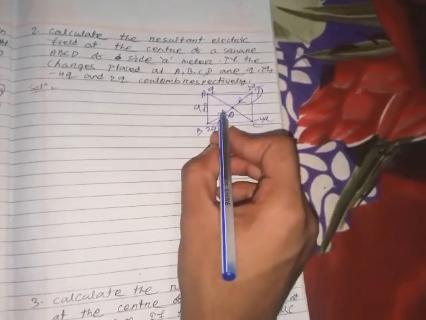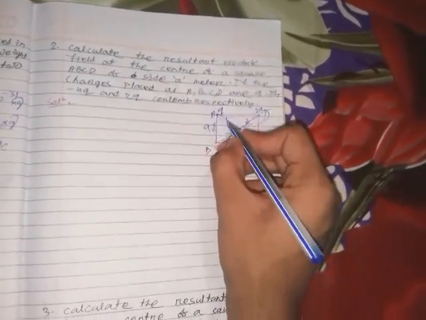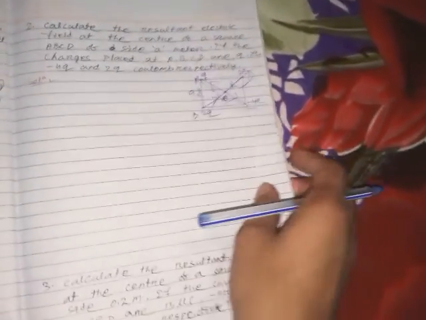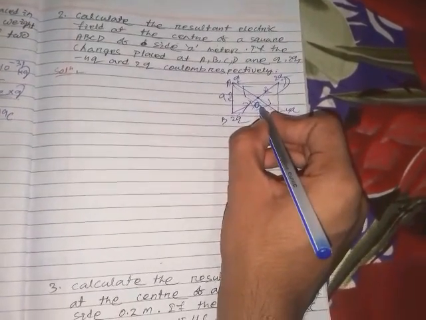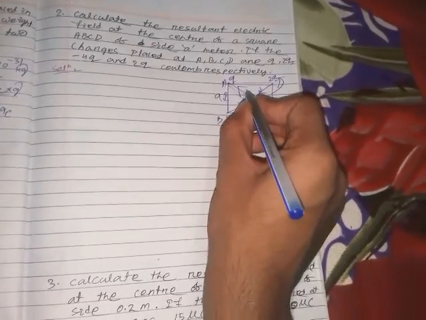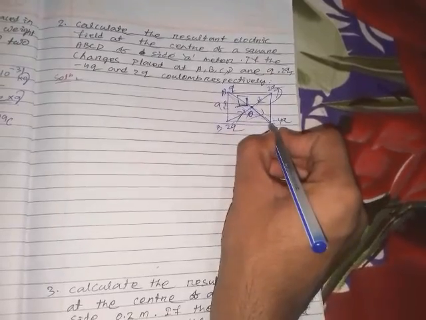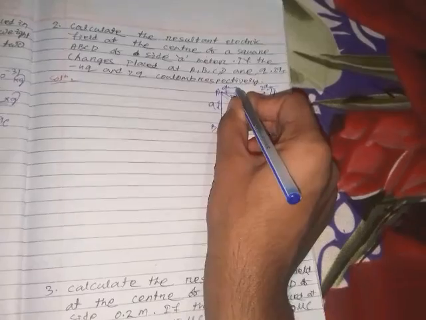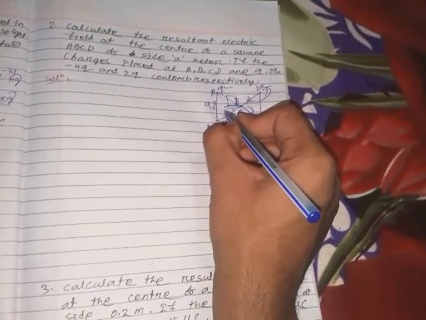Then we have to calculate this resultant force. It will be upward and it will be outward. So here the direction of electric field will be towards the negative charge. Here the negative charge is given and plus charge is given. Then the direction of the electric field is towards the negative charge. Then we have to calculate.